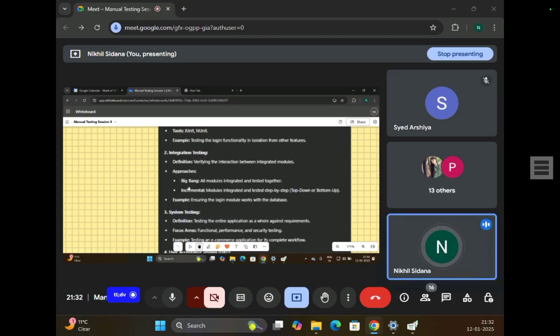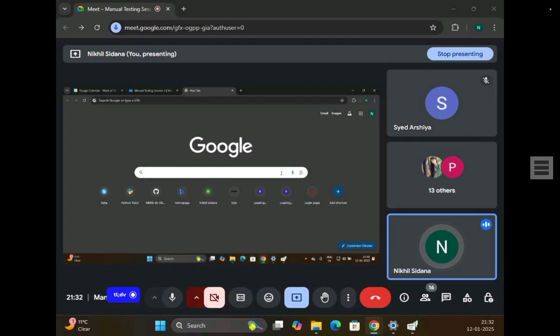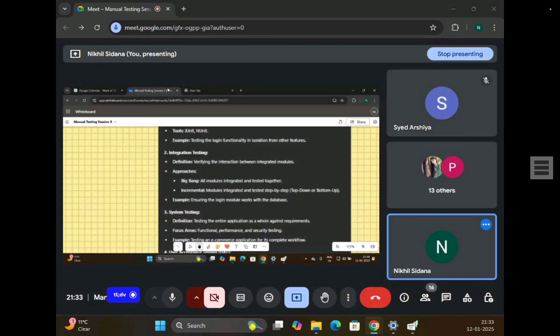And the other approach is to integrate the modules step by step. First of all, check the integration of mic and search bar. Then add on the scanner button, the scanner feature, like this. So keep adding on features. This would be incremental integration testing.